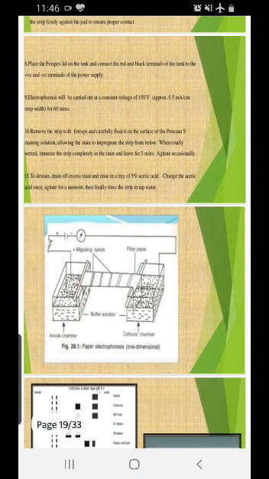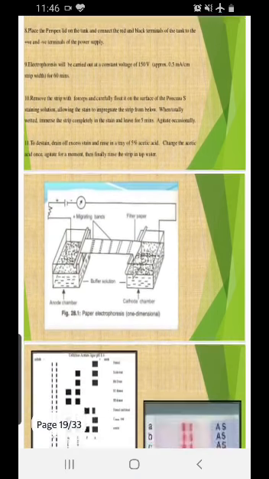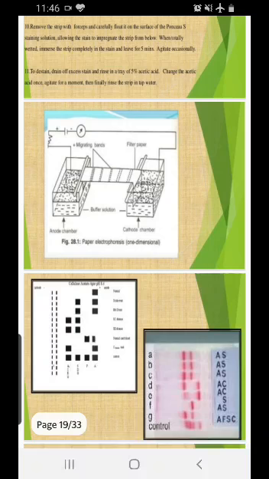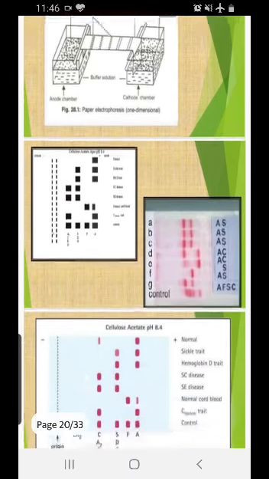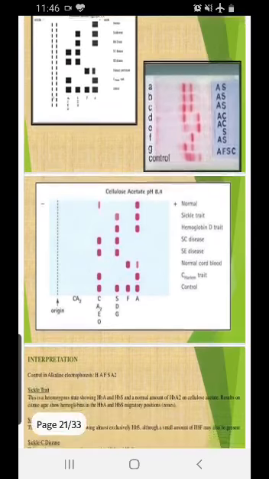Then we have to drain up the excess water and take up those bands, and then we have to study those bands. Now you can see this is another one, which is the anode chamber and the cathode chamber, and this is the migration of the bands you can see on the filter paper. So now you have to understand how the bands migrate and how the chart looks.